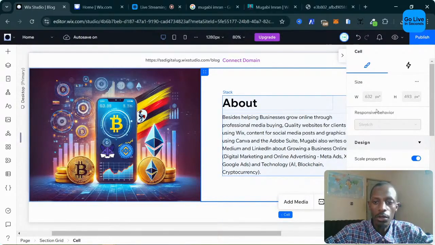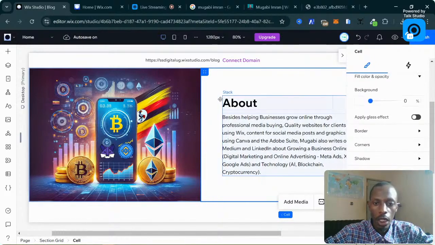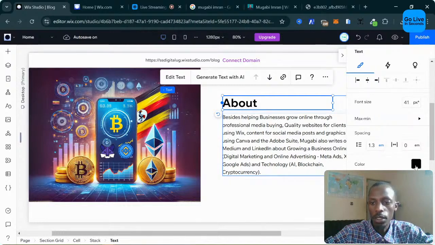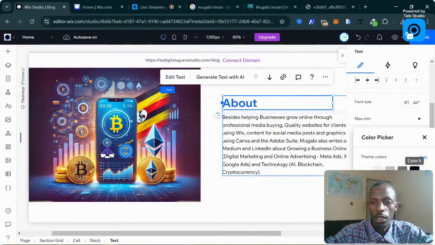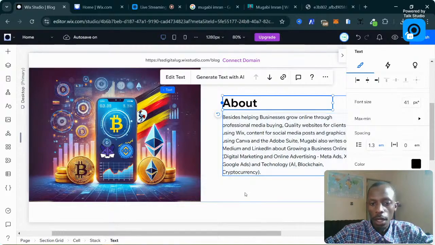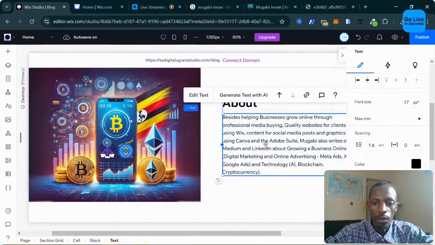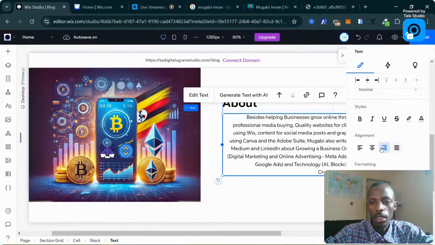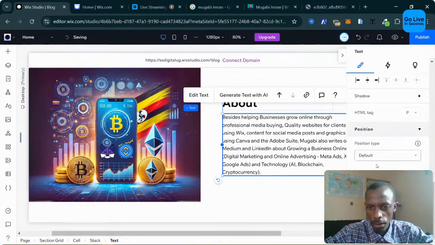By the way, this right here on the right hand side, these are the options that you can use to edit your elements. For example, if I wanted to change the color of the text, just go up here, the color, you can change it to whatever other color you want. And then if I wanted to change the color of this one, of course this color is there. Maybe other settings like alignment, how do you want to align this text, and maybe some other more settings here like the margins. If you want to leave margins space on this side, on the top, and the